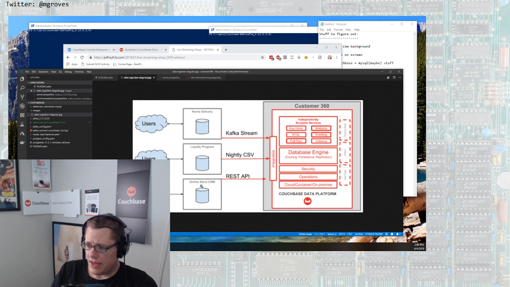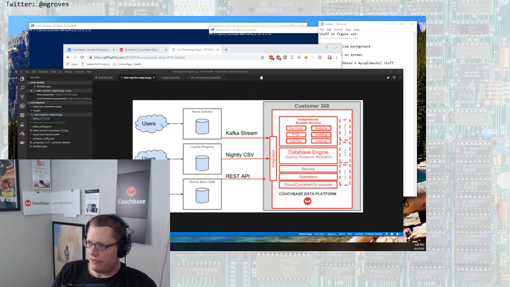And so what we want to do then is we want to be able to ingest data from all these systems into a single system called our Customer 360. And this is where, I think I lost the chat window. This is where you'd want to basically start copying data from all those different systems,